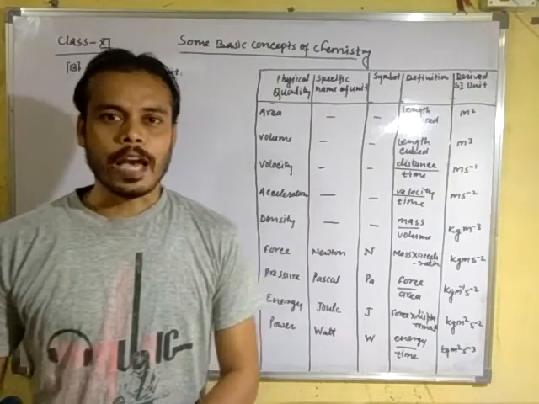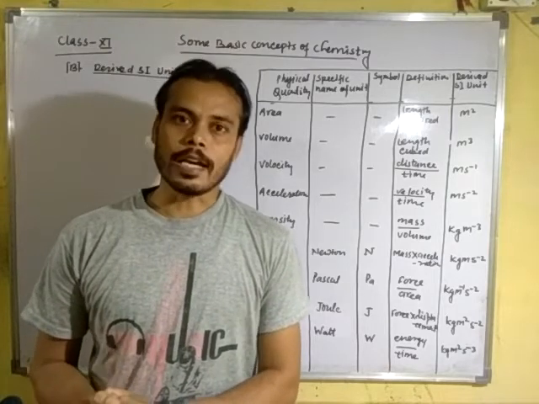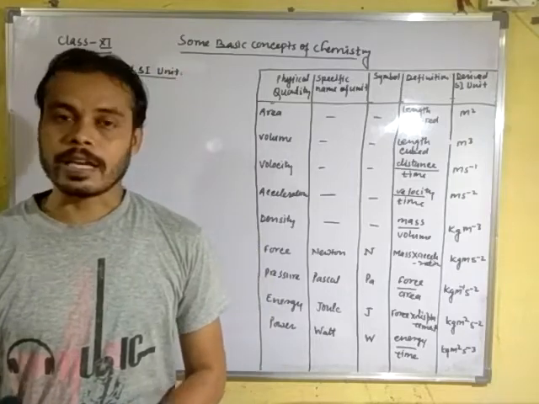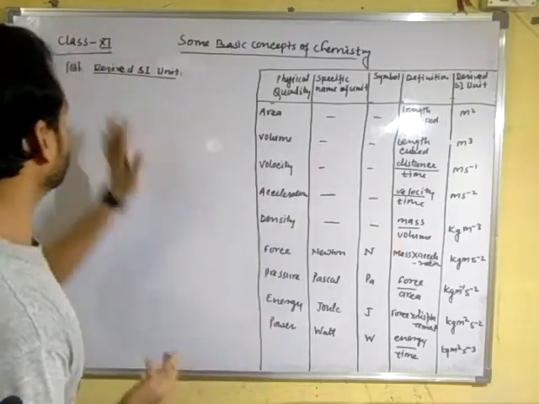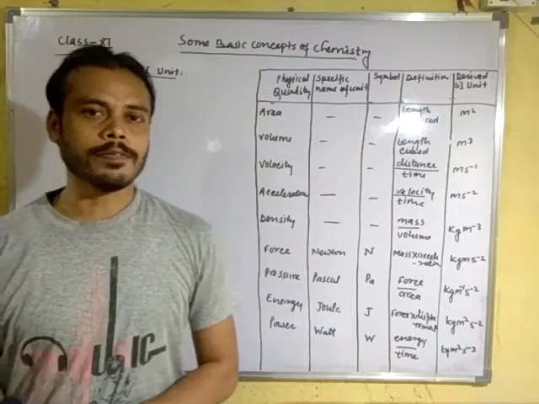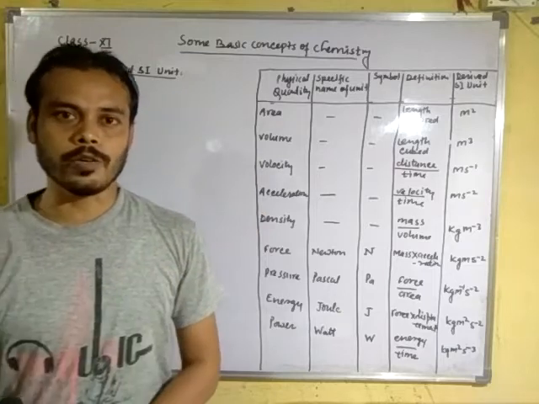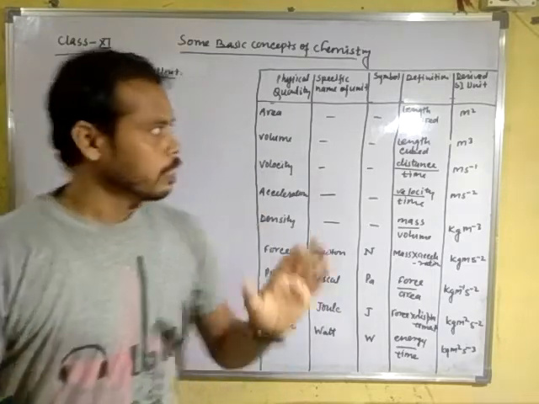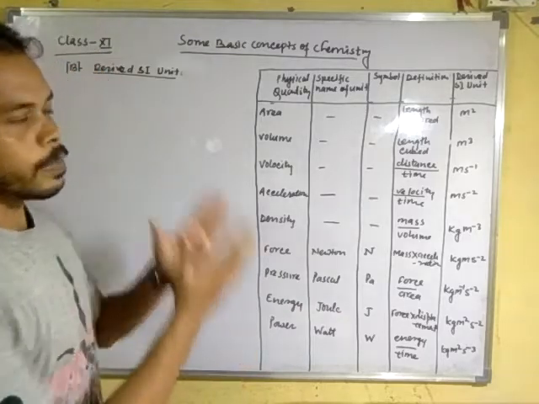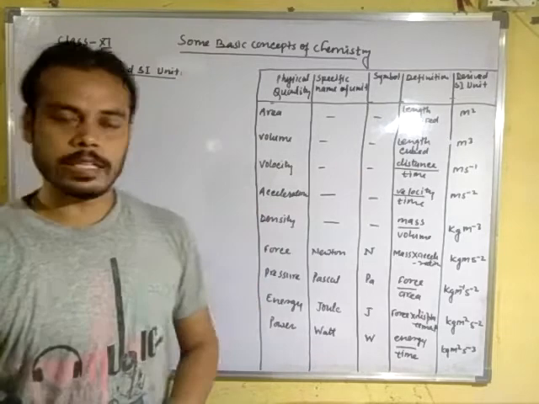In the last video we discussed the SI unit, and we know the SI units are classified into two categories: one is basic SI unit and the second is derived SI unit. In basic SI units we saw the 7 types of SI unit, and in this series we will discuss the derived unit. What is a derived unit and how do we find it?